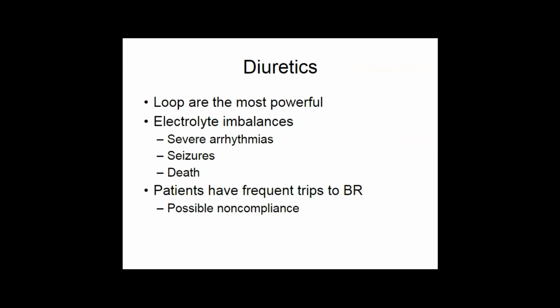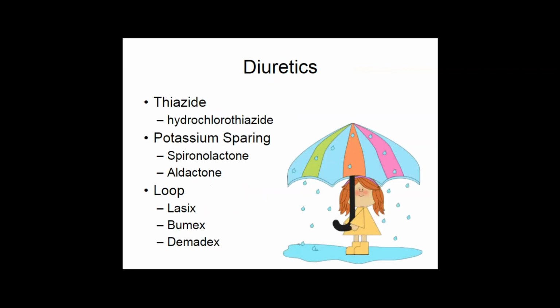Remember, potassium is the most common, but they can also cause sodium imbalances or calcium imbalances, depending on which medications we're talking about. Patients have frequent trips to the bathroom, and that causes a lot of non-compliance as far as the patients go. The types of diuretics include, and this is review again, thiazide diuretics such as hydrochlorothiazide,